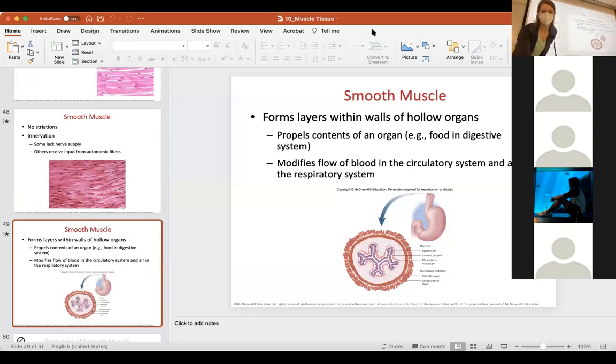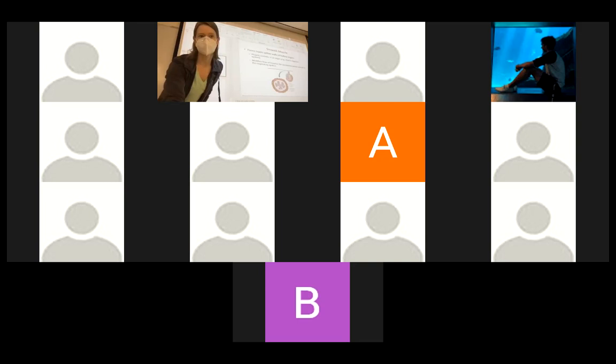So what we're gonna do now is, like I said, the process of muscle contraction, I went over those 18 really detailed steps. I've kind of broken those down or simplified them down into 8 steps that give you an overview of what's happening. You still want to know all of those 18, but you can simplify it down. So what I want you guys to do, you guys on Zoom, I'll show you where you can do this in just a second. But you guys in class, if you'll pair up or get in groups of 3,